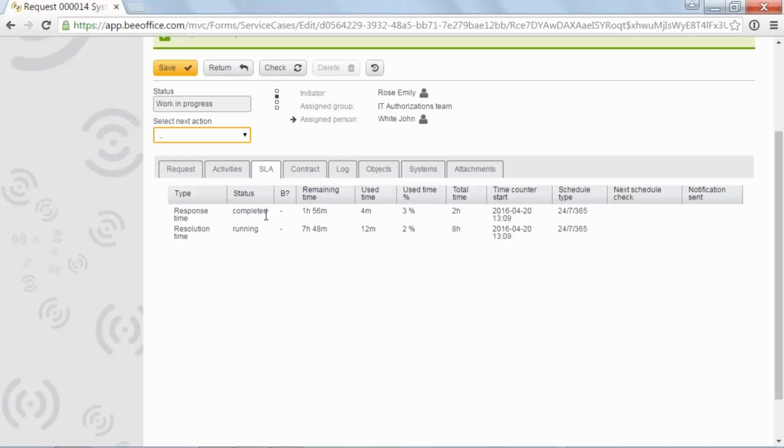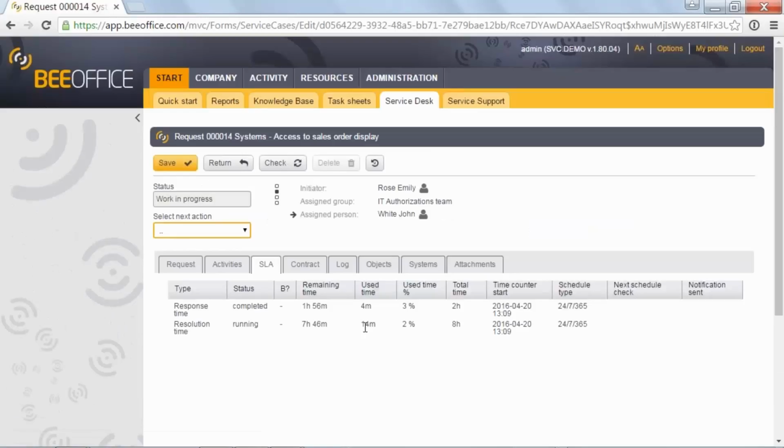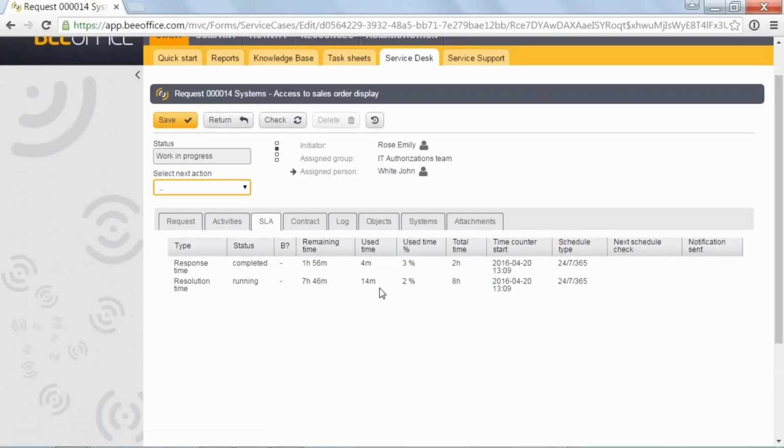Here the response time is already completed because we have acknowledged the request and started working on it after just 4 minutes during this presentation. Resolution time is still running because it is still work in progress. So far 12 minutes. After the next refresh, it's now already 14 minutes while we are waiting for this request, but we still have more than 7 hours to solve it. If we now send it to our customer,